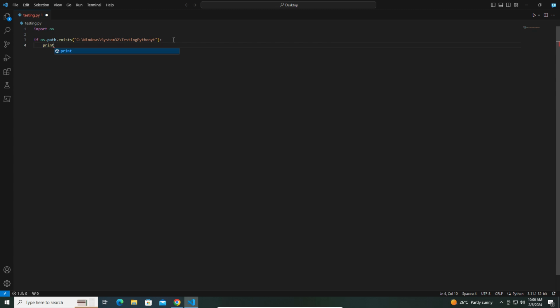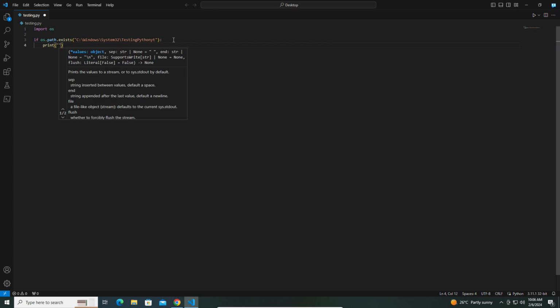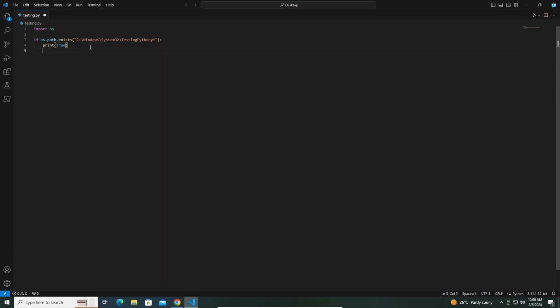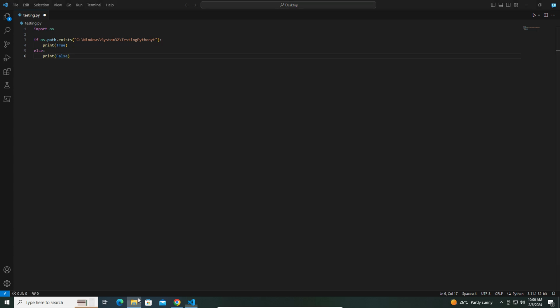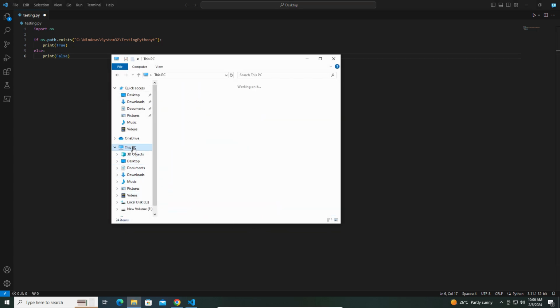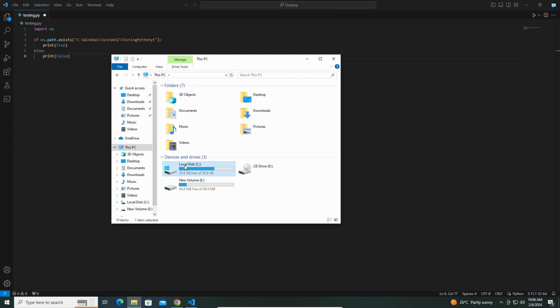If it exists, it will print true. Else it will print false. So since we have already created a folder and it exists in the System32 folder,